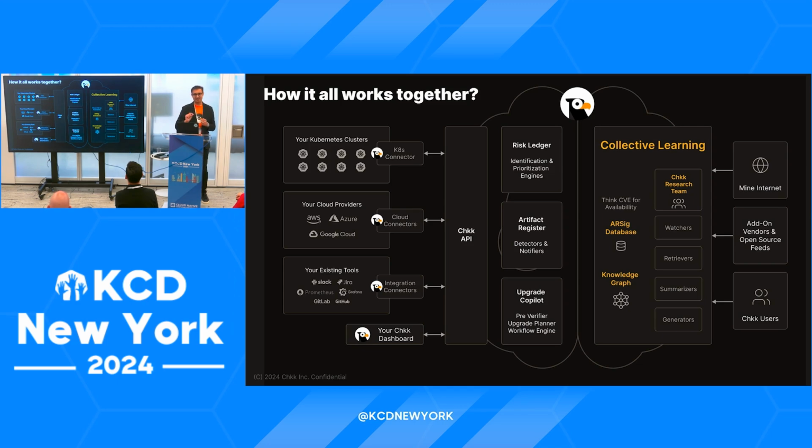In RSigDB, we store the codified representation of all these errors, failures, disruptions, incidents, outages that have happened for someone else. The second is knowledge graph, where in a graph data structure, we store the relationships across all of these entities, an add-on, its versions, its release notes, its upgrade considerations, known defects. So when you move from one version to the other, we can traverse the graph. We can tell you what the safe path is, what the golden path is. We can tell you what is incompatible, so you don't have to go through that experience. You don't have to go do all that work, which is sifting through all the raw text of release notes.